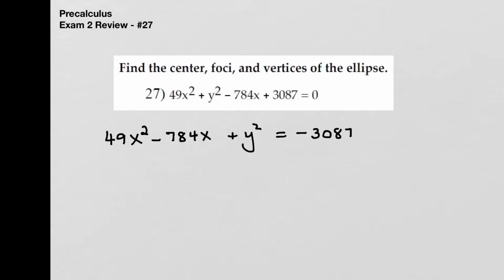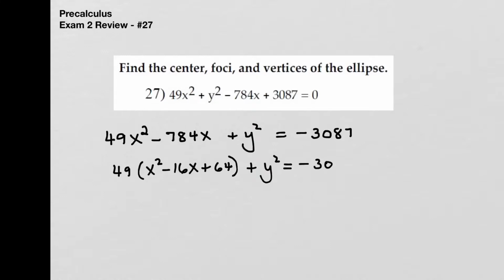Now I'll complete the square for the x terms. The y term is fine the way it is, and the constant term we just leave alone for the moment. So I have 49x squared minus 784x. The first thing I need to do is factor out that 49, and that gives me x squared minus 16x. So I'll add 64 inside the parentheses, because half of 16 is 8, and you square 8 and you get 64. Let's put that plus y squared on the end there,